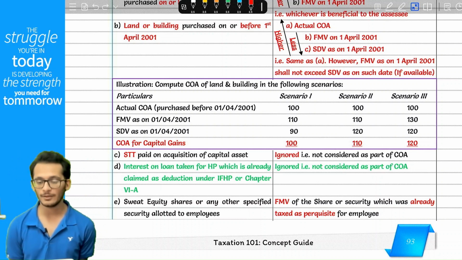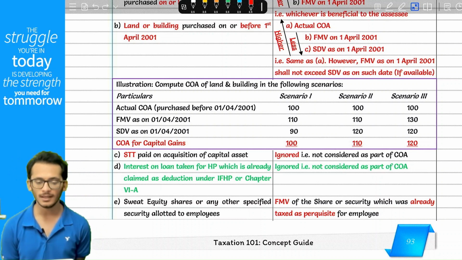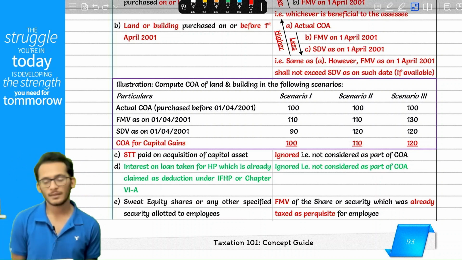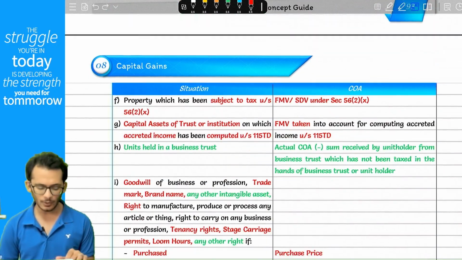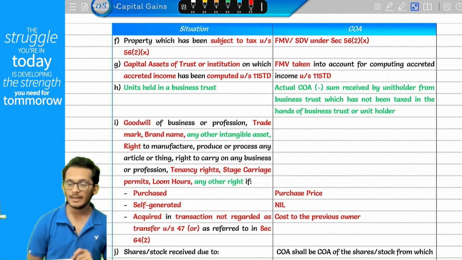You cannot claim a subsequent double deduction. You will ignore it here. Next, they are coming and saying, if you have bought any property which is an intangible asset,